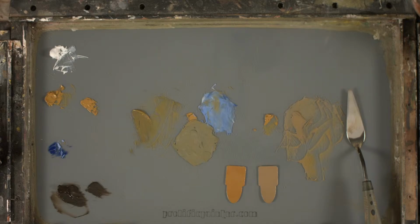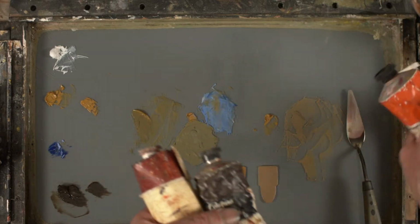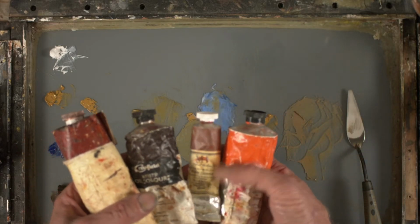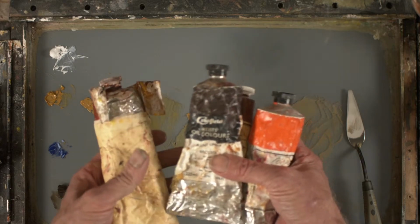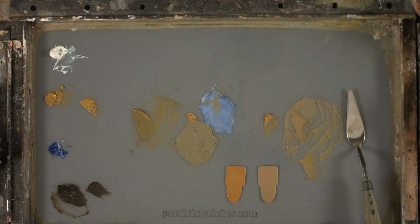So another thing that's worth pointing out is that all of these colours here are all within, not that one because that's a yellow, all within the yellow-red range. I've got permanent orange, burnt sienna, burnt umber, transparent red oxide, along with my yellow ochre and my raw umber. They're all really, really close. Some are more yellow-orange and some are more...